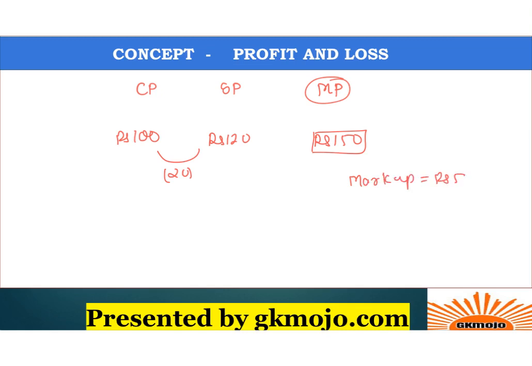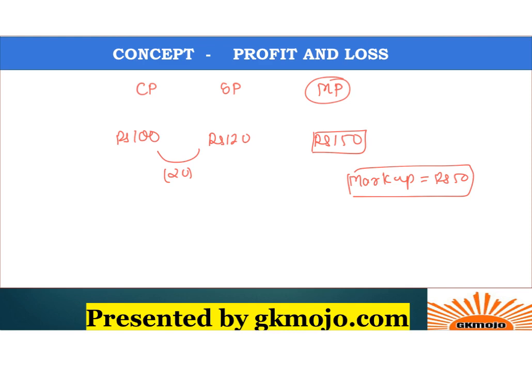What is this marked price? Now if the actual cost price of an article is rupees 100, and you as a shopkeeper label it as rupees 150, and now you give rupees 30 as a discount and sell it for rupees 120, you are still making a profit of rupees 20, but you showed the customer that it was costing you rupees 150, but as a favor you gave him rupees 30 discount and sold it for rupees 120. This is what is called marked price, and the markup done over here is rupees 50.